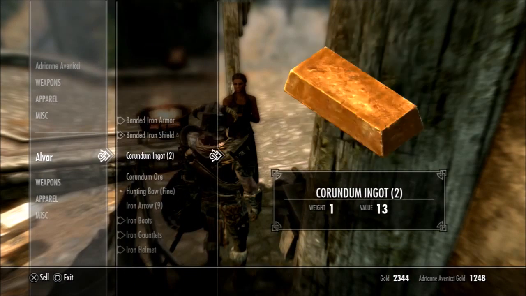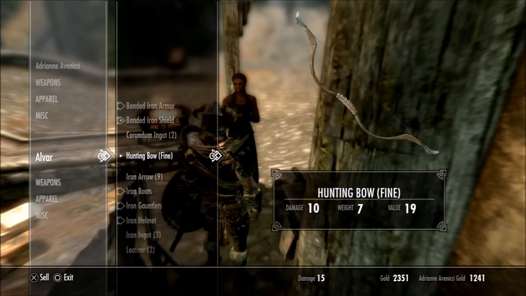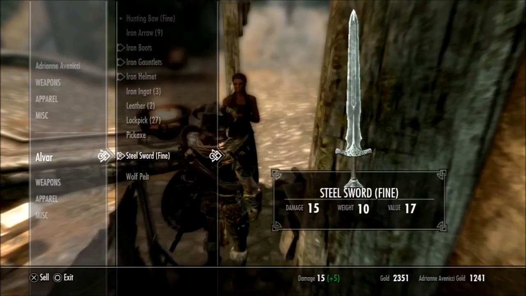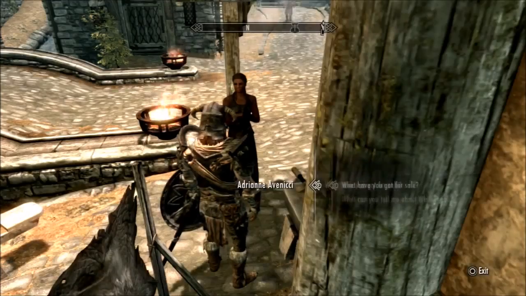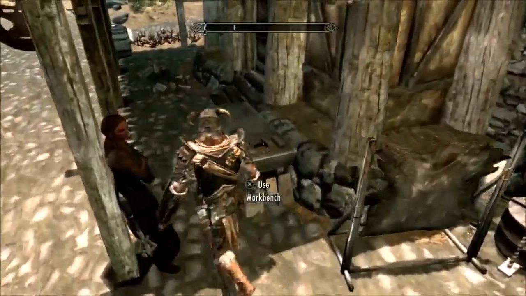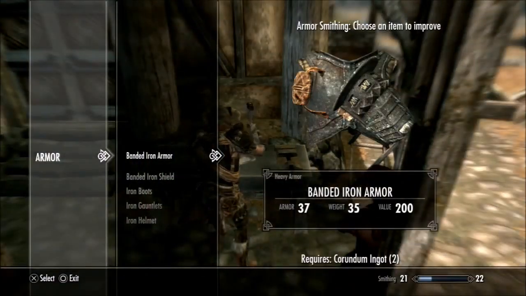I don't think I've got much to sell. I'll sell her that ore. I don't need that anymore. And no, I need everything else. That's fair enough. Right, so let's just quickly go over to our armor bench, our workbench over here, and we'll